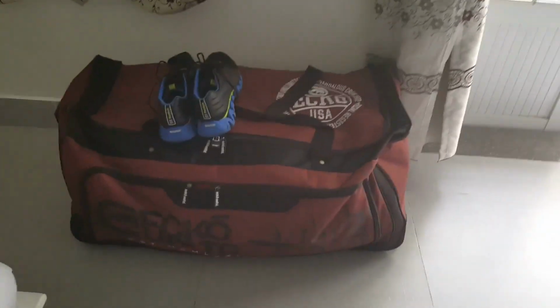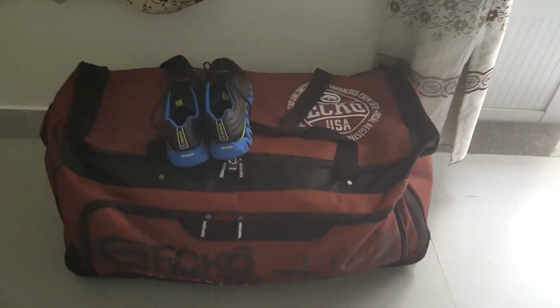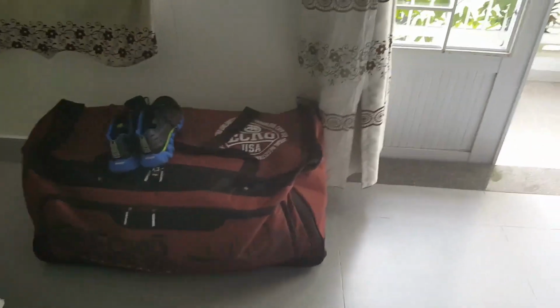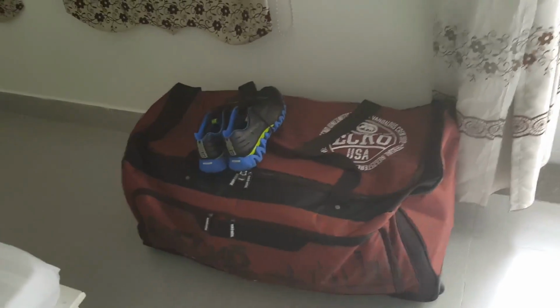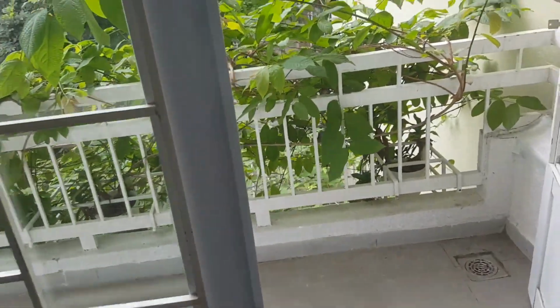This is my duffel bag here full of shoes. Yes, I need a shoe rack, please. I need a shoe rack. I got about 42 pairs of shoes in there. Yeah, definitely need a shoe rack. So I'm living out of a bag right now in terms of shoes. When I need a pair of shoes, I need to get in my bag and get a pair of shoes. Anyway,